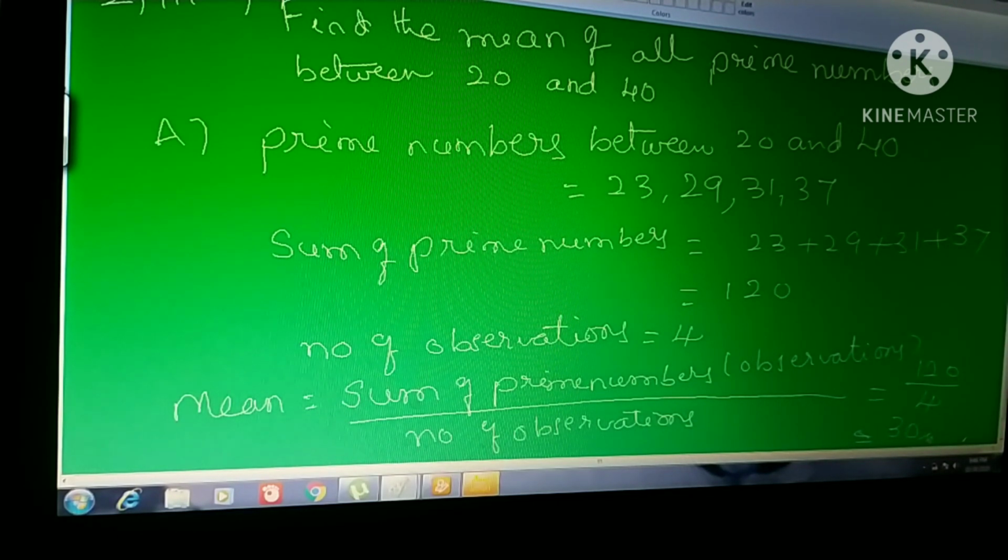Understood this one, what to do? So like that you have to do. First, understand what they have given and what they are asking in the question. After that, write down the consequent steps. After that, find out what we have to find. Understood?